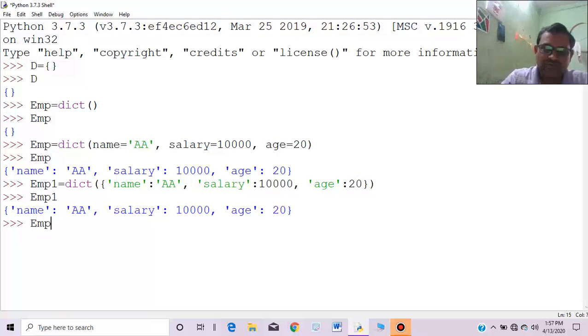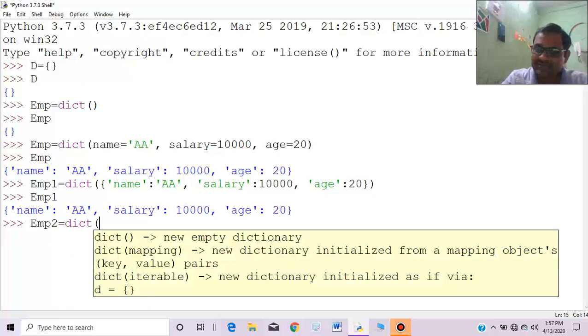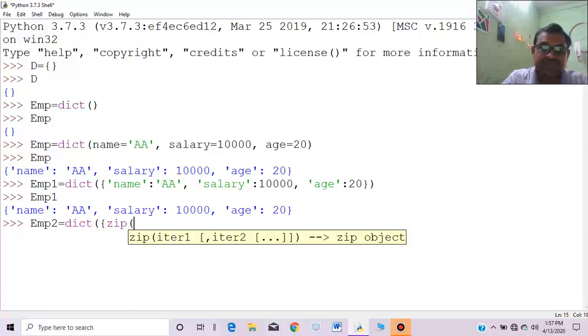Now look at the third version, emp2. Suppose I'm creating another dictionary. Dict like this. Zip is a very valuable function. Suppose name, comma salary, comma age.